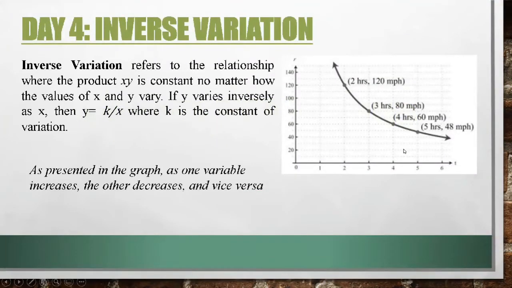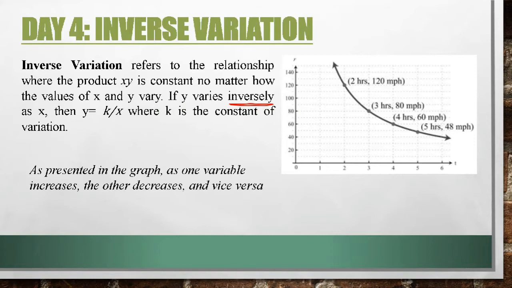When we say inverse variation, it refers to the relationship where the product xy is constant no matter how the values of x and y vary. If y varies inversely as x, if you noticed, kapag inverse tayo, we have the keyword inversely. So, ito yung titignan natin. If you remember sa direct variation, we have the directly keyword to identify what kind of variation are we going to use. So, kapag sinabi nating directly, therefore, we are going to use the direct variation or the first kind of variation. But, when we encounter the term inversely, then it's time to use